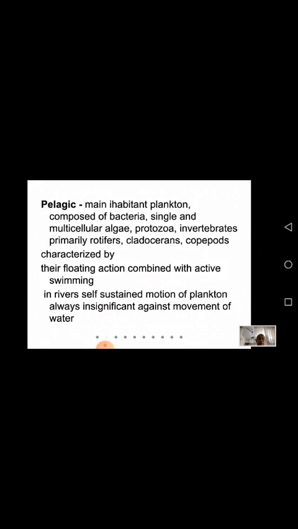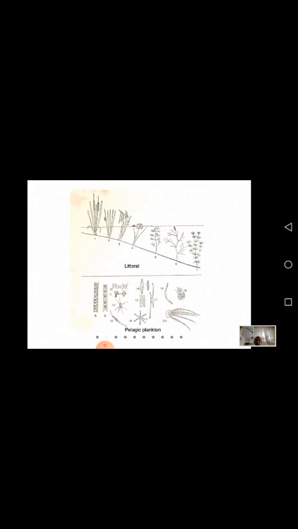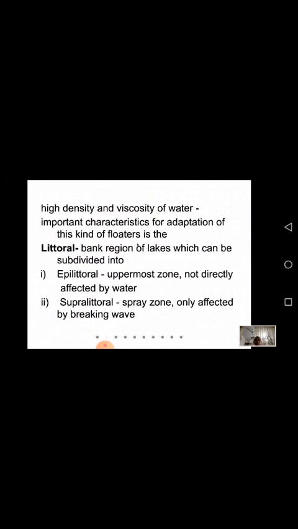Pelagic, the lighted area. You can say pelagic is the free water lighted. Here all algae, bacteria, invertebrates, primarily cladocerans, copepods, all grow in the pelagic region. Their protein action combined with swimming in rivers, self-sustained motion of plankton, all are insignificant against the water. And you can have a clear view of the organisms, and you see that these organisms are actually shallow water loving organisms,